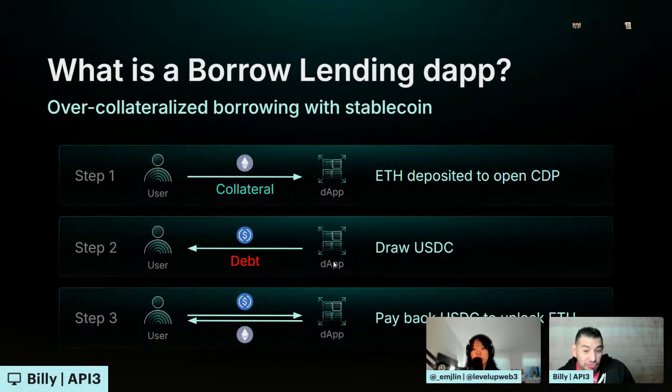But so I'm drawing this USDC. And then in order for me to get that original collateral back, I've got to pay back my loan in order to get my ETH back, right? I can't just pull my ETH back. I have to pay back some of that loan and then get my ETH back. Otherwise, if I don't pay it back, I lose out on that ETH.